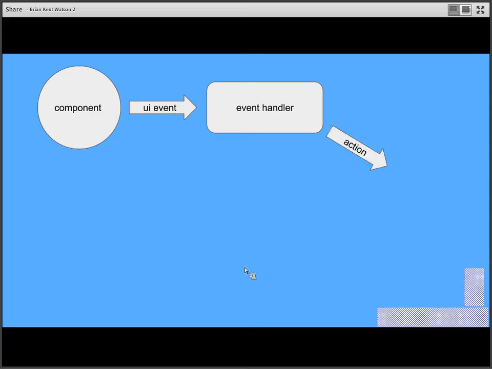You create an action. So this is Redux specific now. Your action is just a plain old JavaScript object. It has a property called type, and you give your action a name, like change username, or update comment, or add blog post, or whatever. You pass that action to a reducer. A reducer is a pure function that takes an action and the current state of your application and returns a new